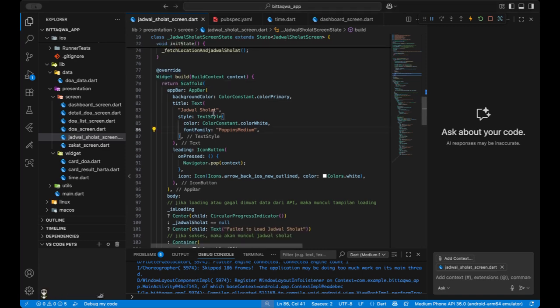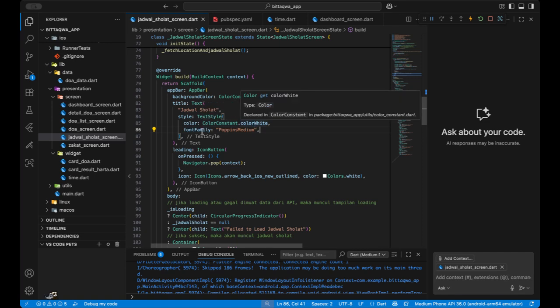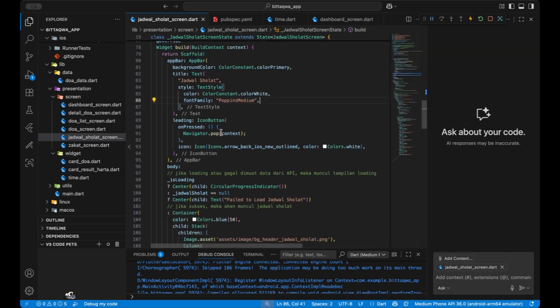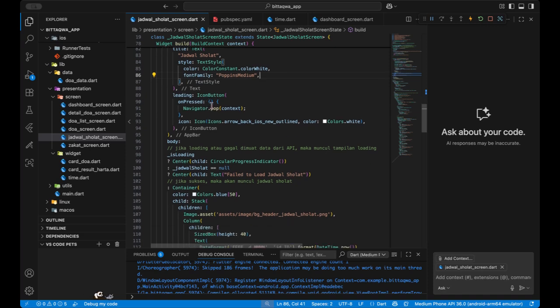And then this is for setting the title style: the text style, the color is white, and the font family is Poppins Medium. And then this is for the icon button, for going back to the previous UI.